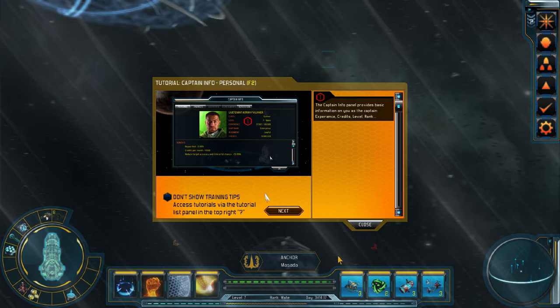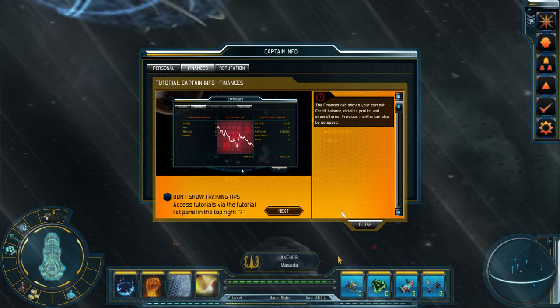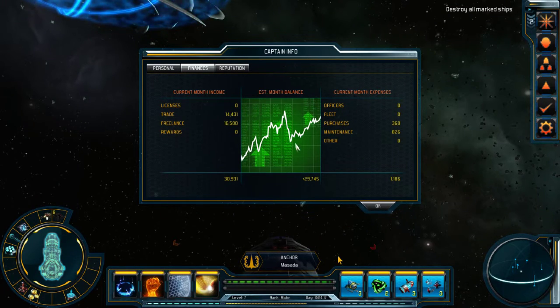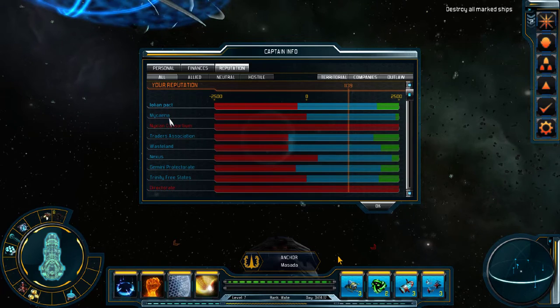Now these yellow panels that are opening up, these are the tutorial things, so I'm going to skip all those. But this just shows your level. I'm level 7, commander. I'm lawful. Finances, again, this just shows the trading and stuff that I've been doing. And reputation, this shows with all the different, oh, here's Mycenaeans and Nixian Consortium. So you got all these different,